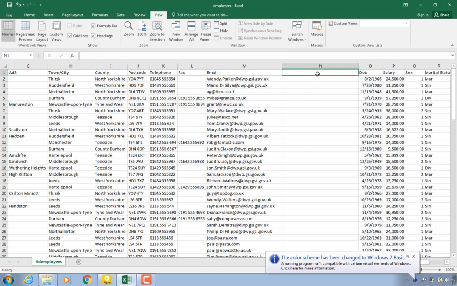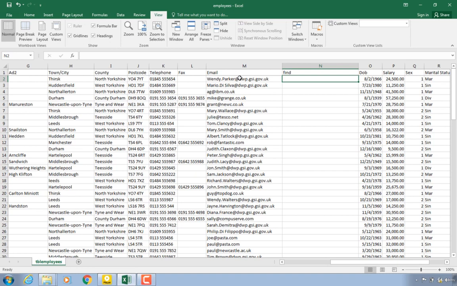Okay, and this column is going to be the FIND column. Over here we want to find after how many characters the @ symbol of the email address occurs within this cell reference. So we're going to use the FIND formula, which is equals FIND,